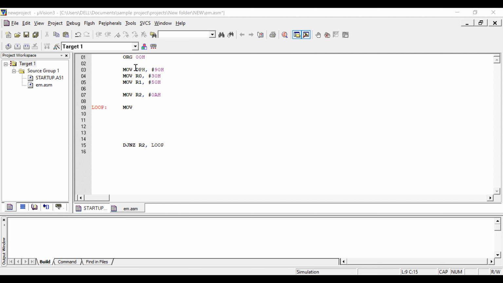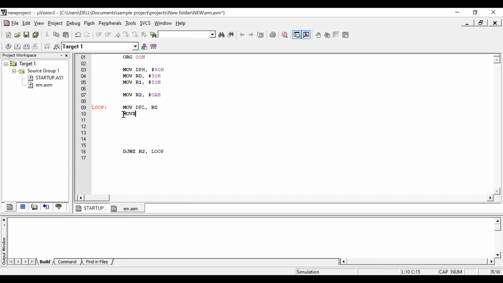In DPH there is already 90. In DPL I can just move R0. Now DPL will have 30 and DPH will have 90. Now the source address is generated.